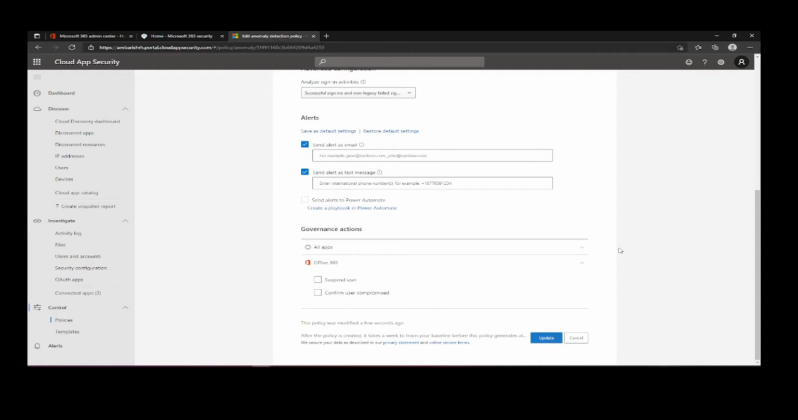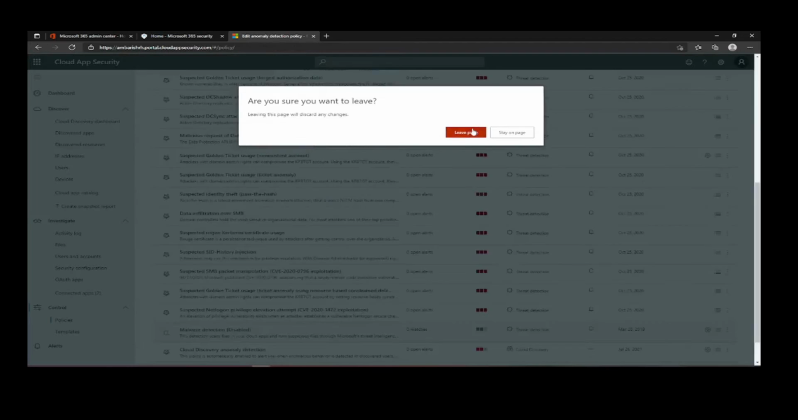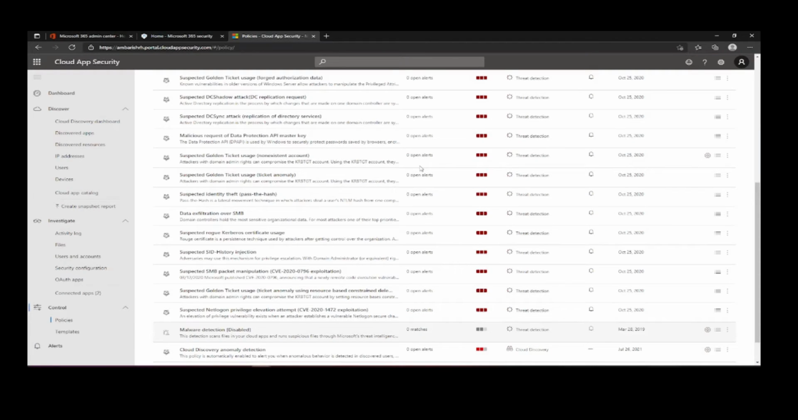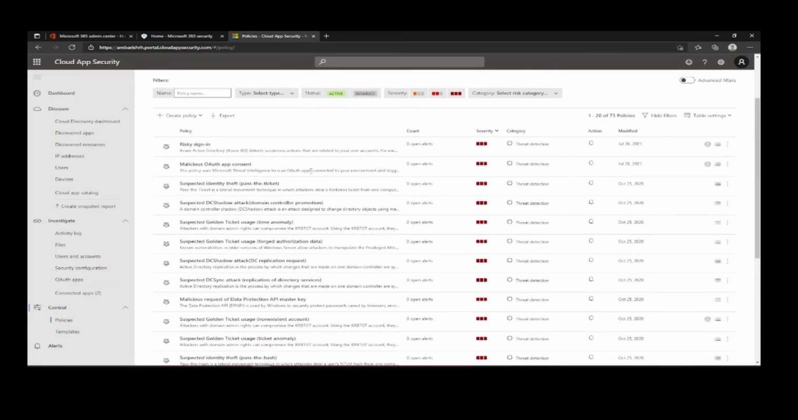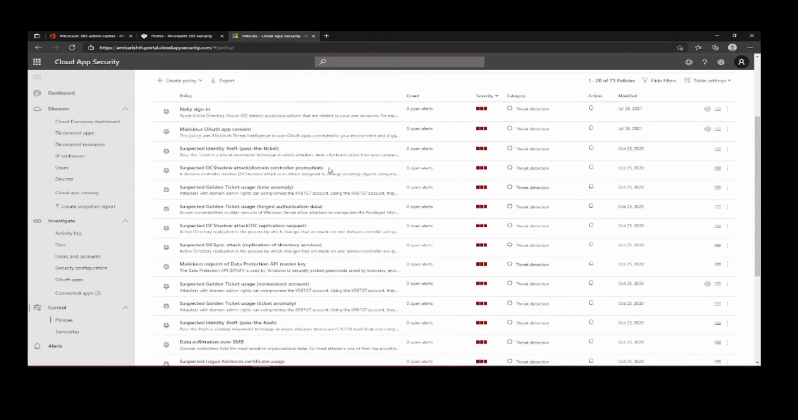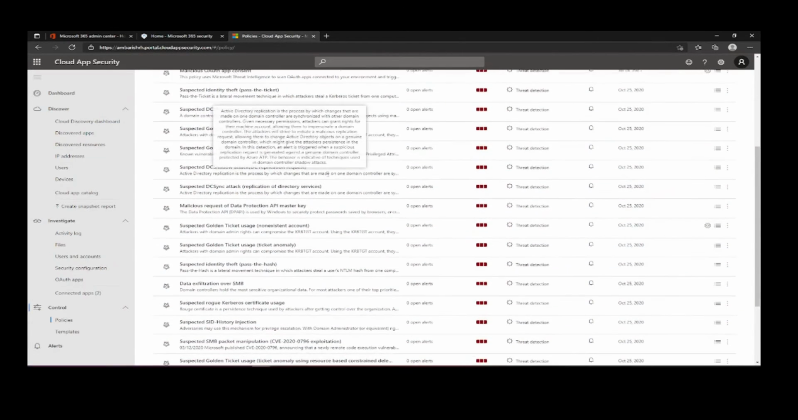So based on these combinations, you can actually enhance your protection of your data, your users, and make sure you're stopping a possible attack as soon as possible. So risky sign-in is one such thing, malicious OAuth app consent. So you have a lot of options that you can set and create a policy,